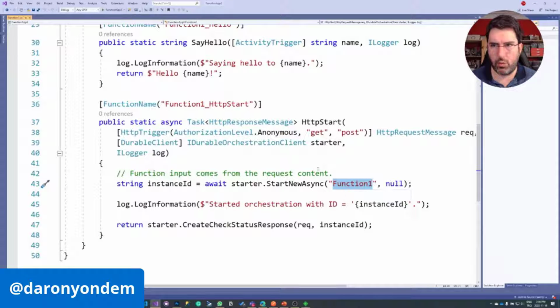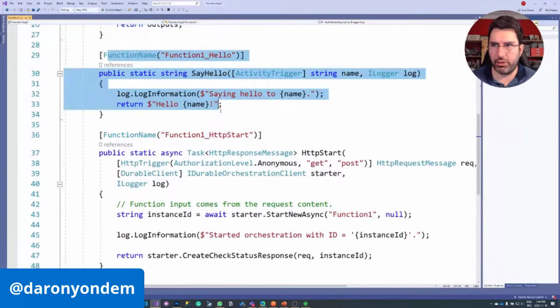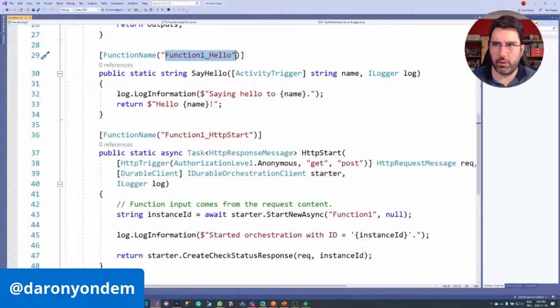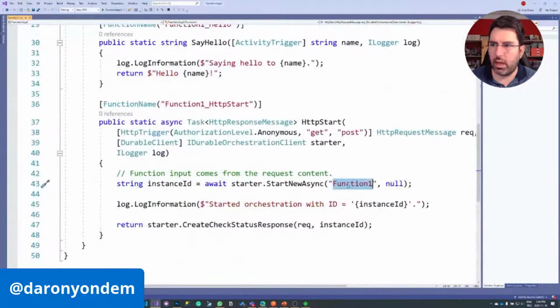Okay, what is function 1? It's not our activity function, because our activity function, the one that's going to do the work, is function 1 hello. It's something else. This is actually our orchestrator. We will look into that. It's on the top of this file. We will look into that